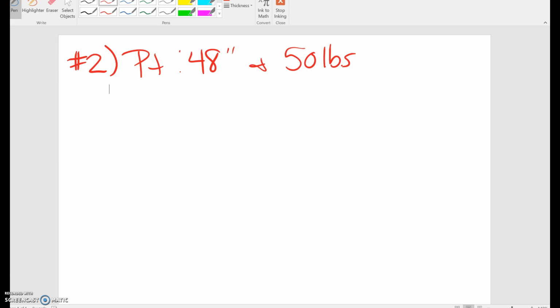Then formula number 2 for the body surface area is where you take the patient's height in inches, multiplied by pounds, divided by 3131, and take the square root. Remember, you ask yourself, which of the 2 formulas do I use? Use the formula that already has the identification for the height of the patient. So in this case, the height of the patient is in inches. So I'm going to use body surface area formula